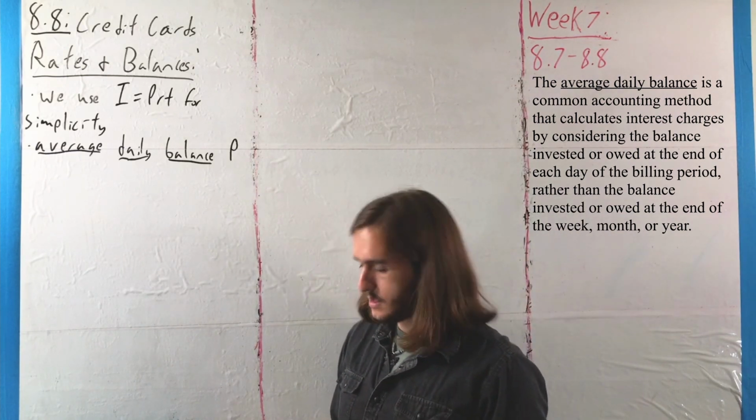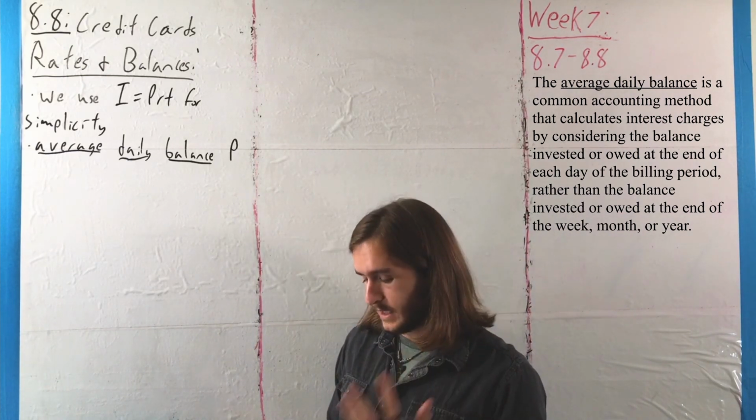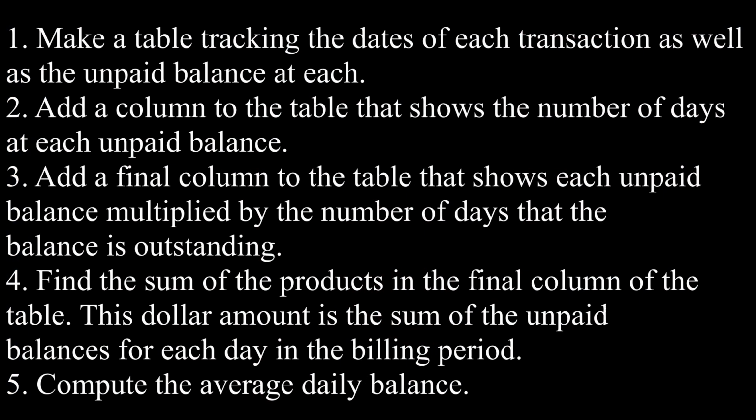Where to get the average daily balance, we can make a table tracking the dates of each transaction as well as the unpaid balance at each. Make a column in that table that shows the number of days at each unpaid balance. Then add another column to the table that shows each unpaid balance multiplied by the number of days that balance is outstanding. Then find the sum of the products in the final column of the table, where this dollar amount is the sum of the unpaid balances, and compute the average daily balance by taking that whole thing over the